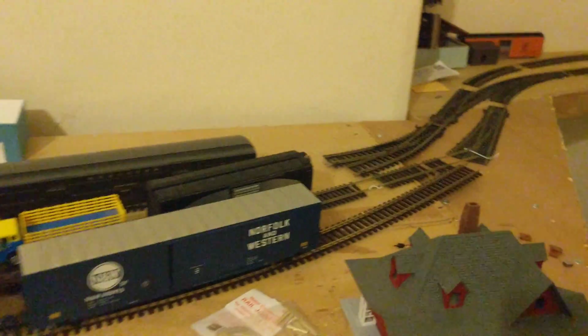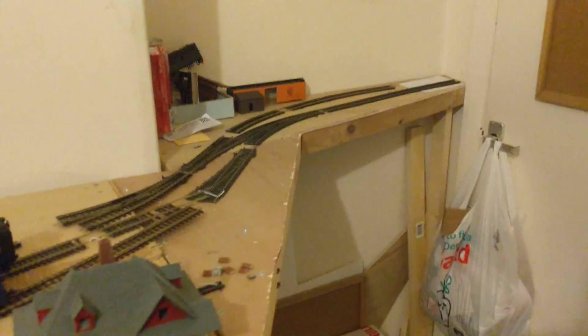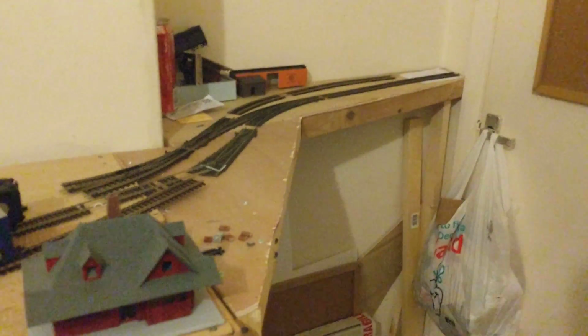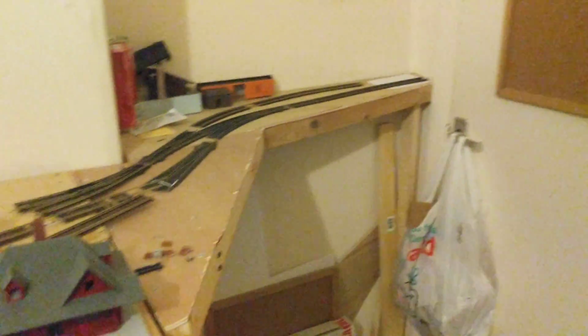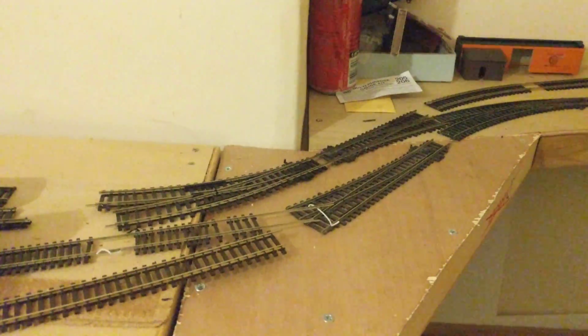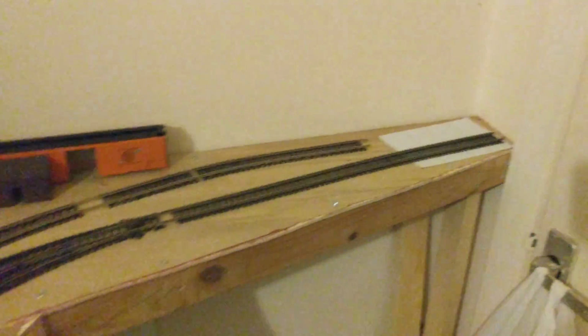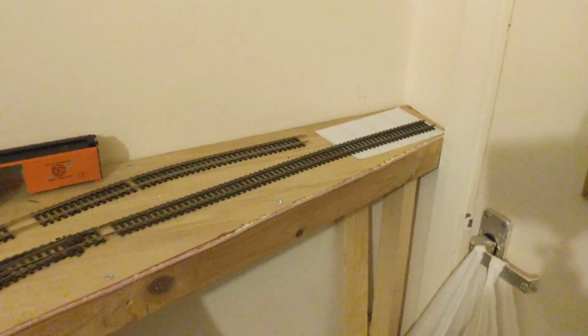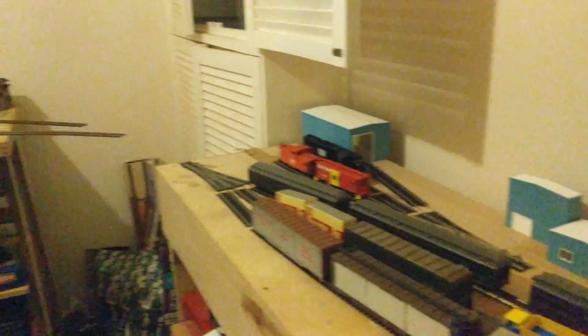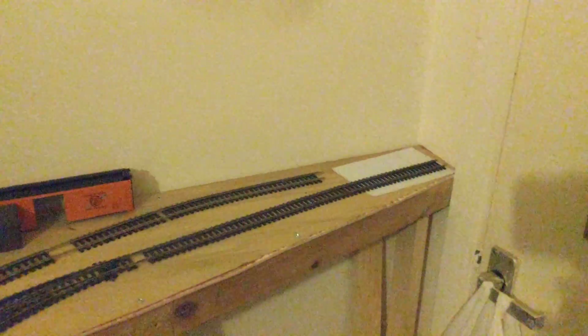So at the end you'll see that I've got a new board built with legs so that it'll fit against the wall here where the door is. The door still opens, plenty of room to get through, but there's essentially the other end of the yard ladder and the switching lead which runs along to the wall. It's like a loco release more than anything else. The switching lead itself will be down at the other end on the bridging section and into the street running section there. That'll be used as a switching lead for moving a few cars around at a time, but this one is mainly going to be a loco release for trains,